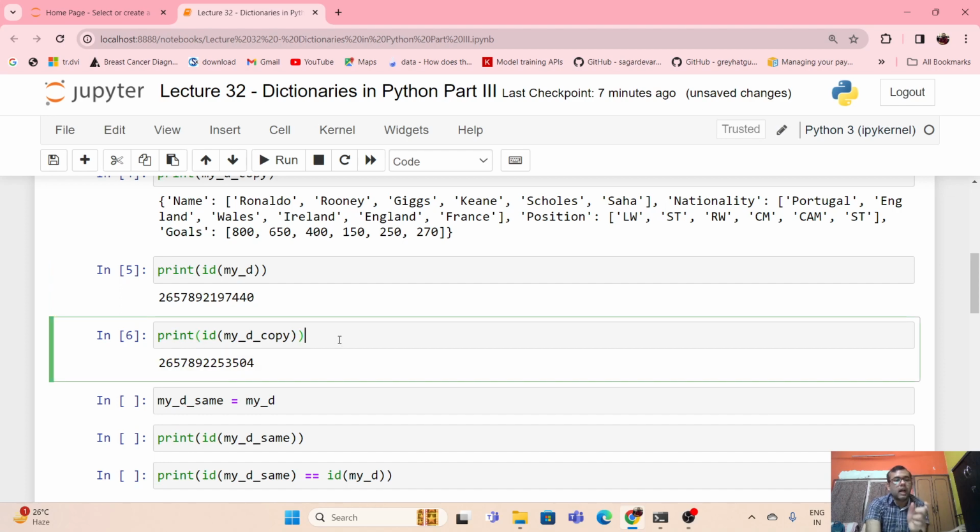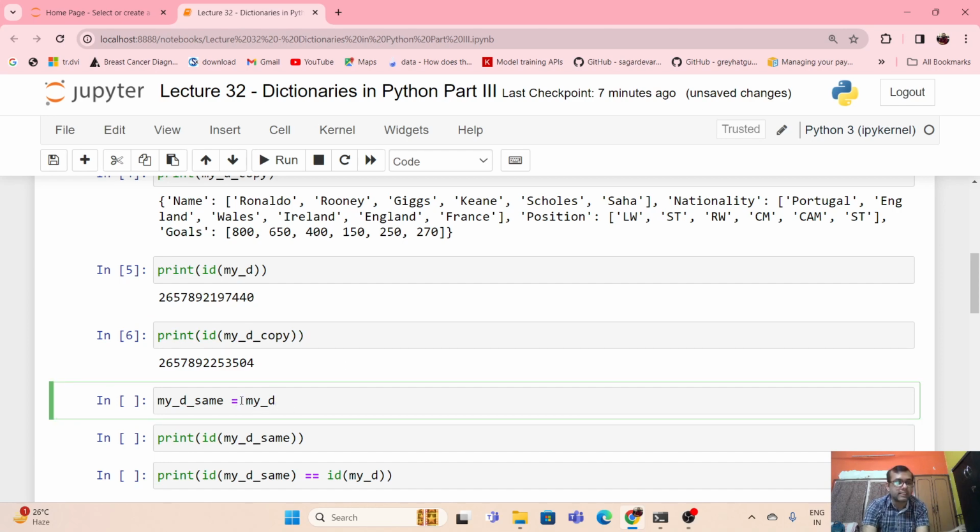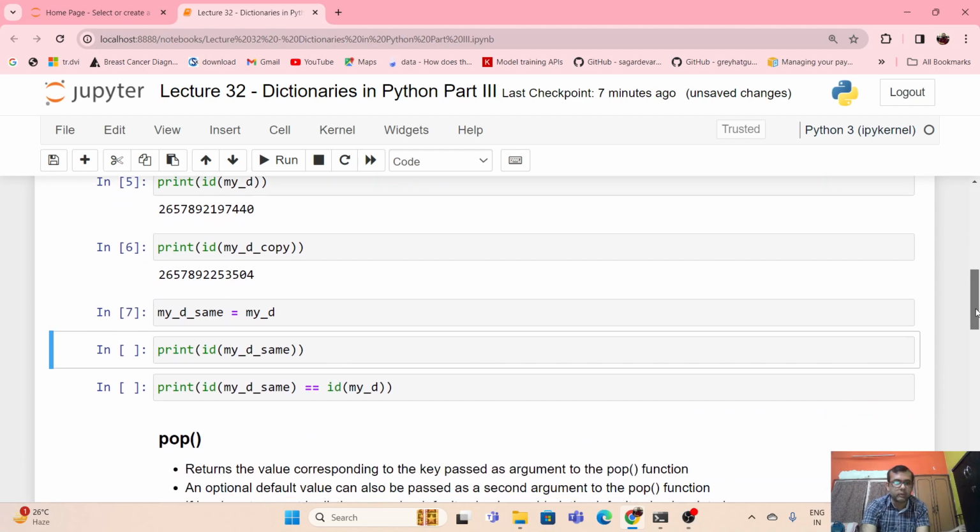Meaning that our new dictionary, our copied dictionary, my d copy, has been given a new memory location completely. Now, let's see what happens if we use the assignment operator to create a copy. So again, we are repeating the same operation on our dictionary my underscore d, and we are using another name, my underscore d same. So if we execute this, now let's see what happens when we try to print out